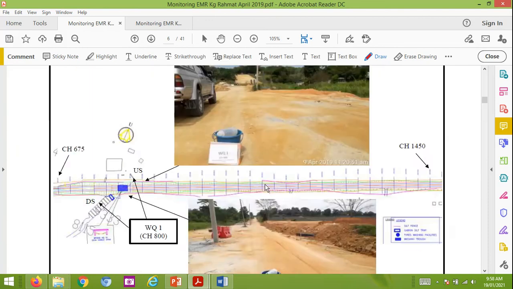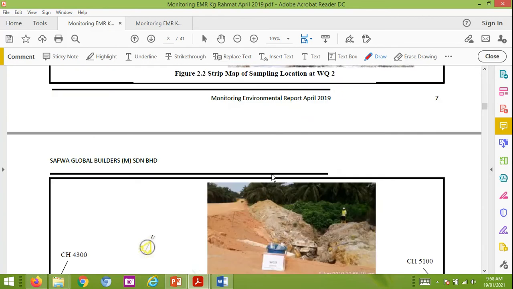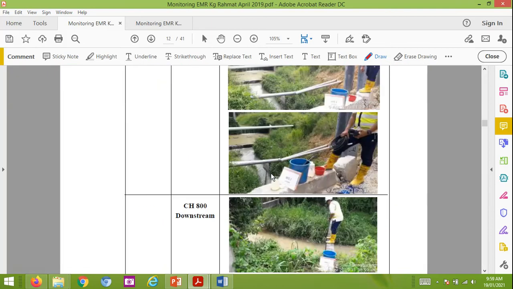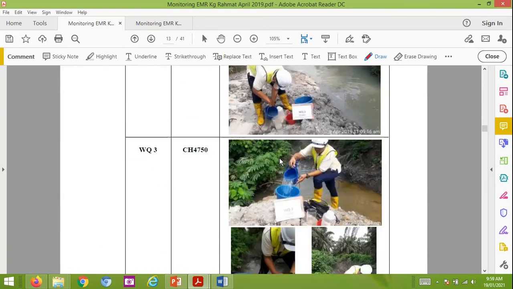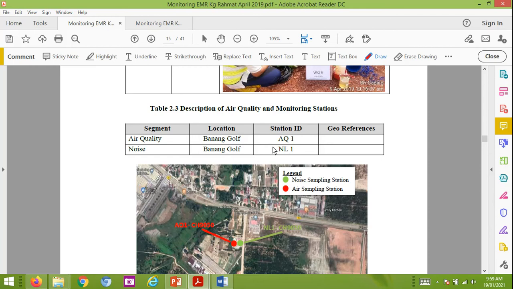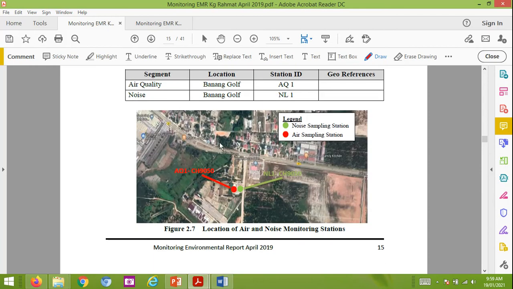This is the condition during the sampling. Okay, this is the sampling for the water, chapter 2. So this one is for the air quality. So for the location, we put the location nearest to the